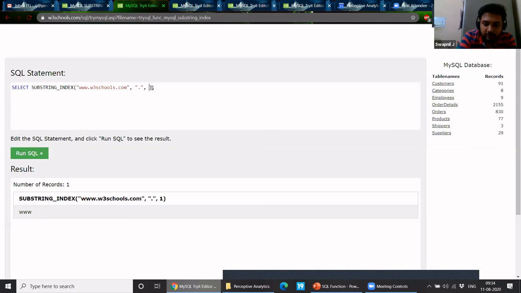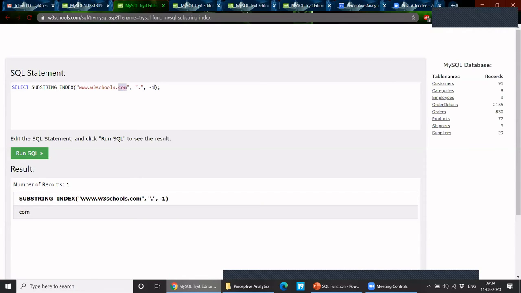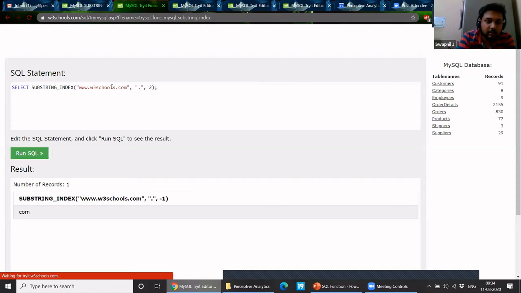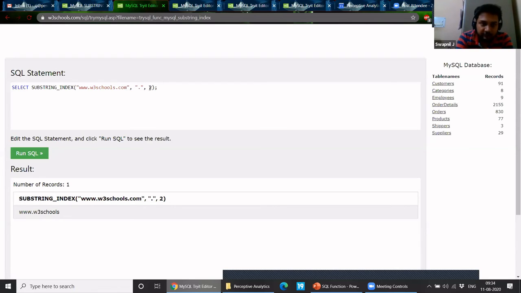If I give it -1, it will start from the right, and it will give me that com. And if I give it 2, it will give me this much value. So if you give a negative number, it will start from the right. If you give a normal number, it will start from the left.